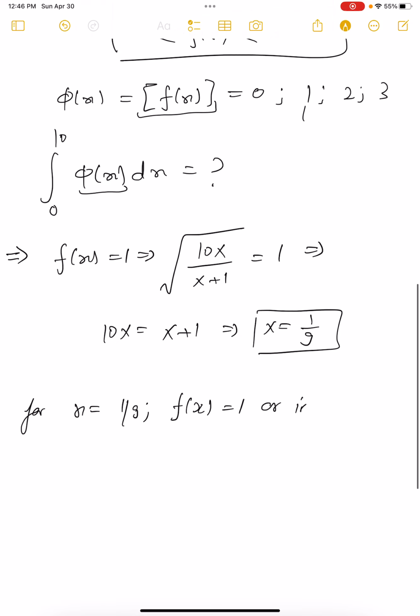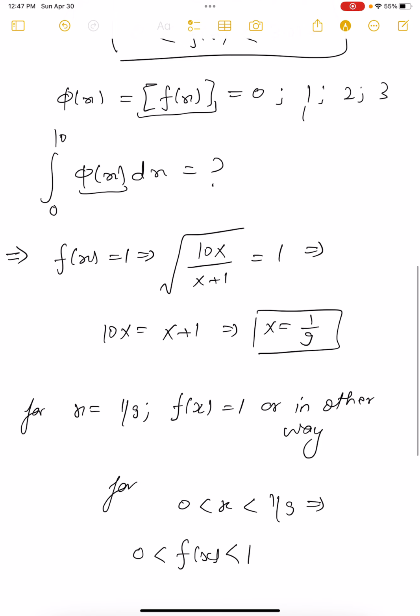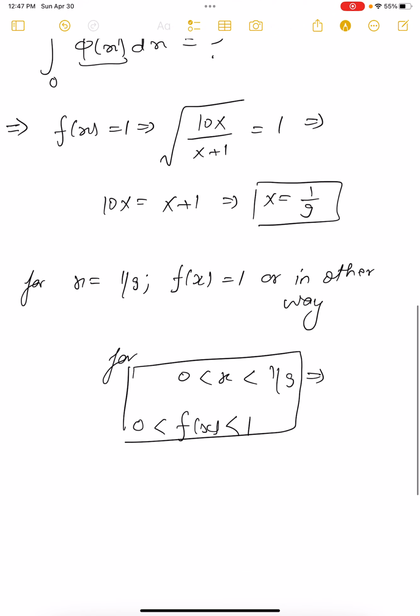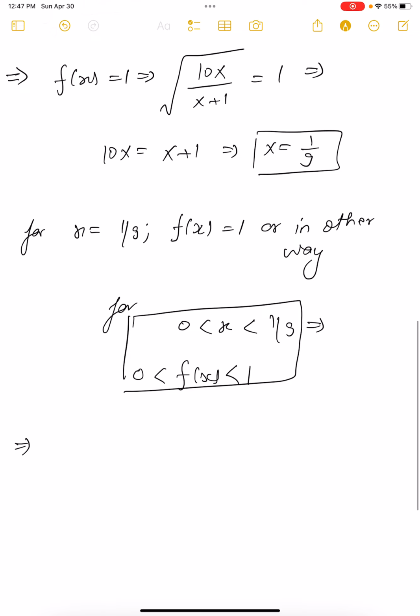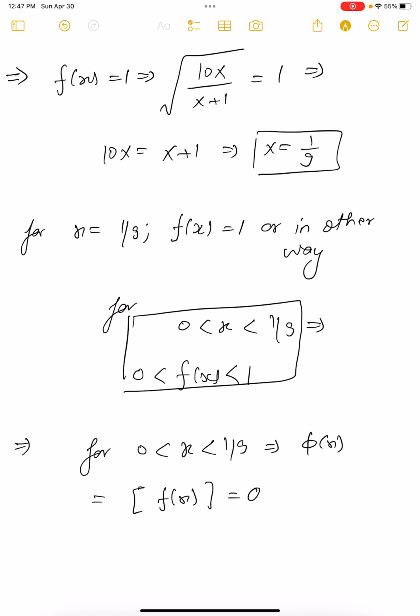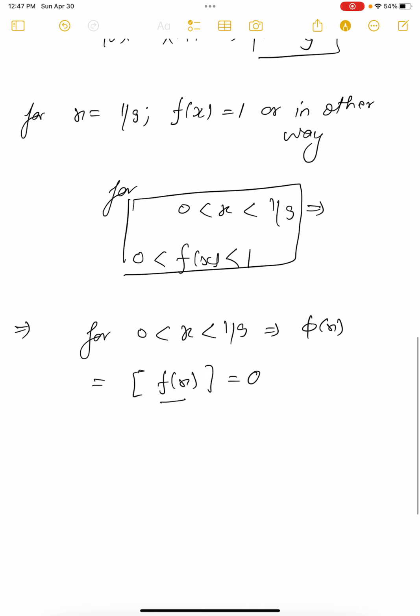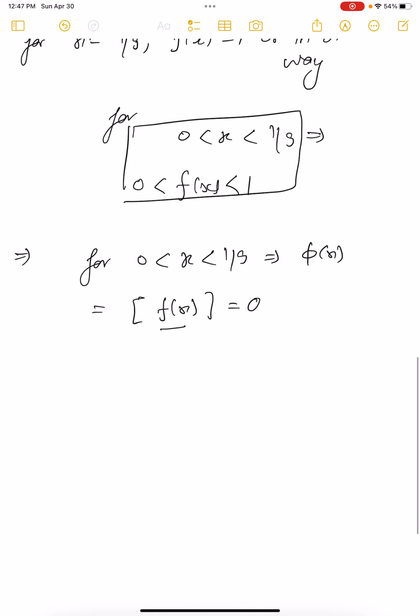Or in other way, we can say that for x which is greater than 0 but less than 1 over 9, f of x is greater than 0 but less than 1. Okay, so this is important. Okay, so this means that for x which is greater than 0 less than 1 over 9, phi of x which is greatest integer of f of x will be 0, because f of x is from 0 to 1,